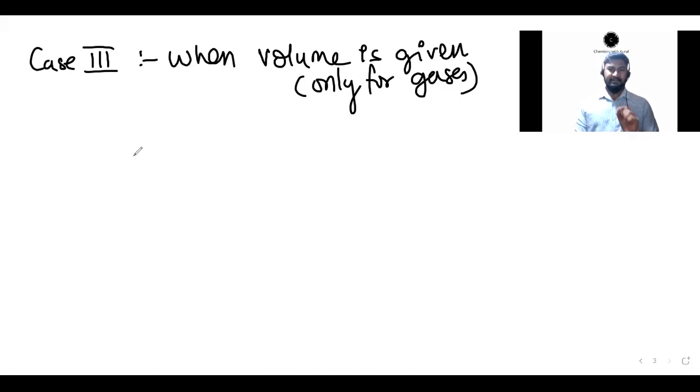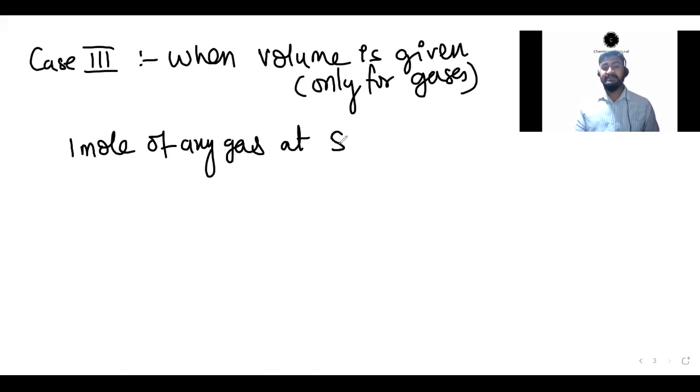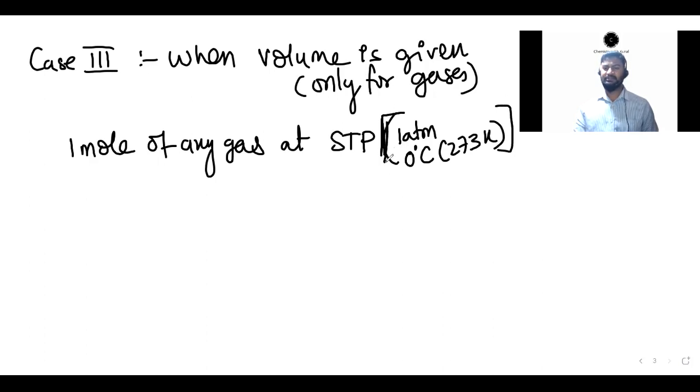Now, let me tell you one very important thing. 1 mole of any gas at STP. What is STP? Suppose the question has pressure given as 1 atm, temperature given as 0 degrees Celsius, or 273 K. Then the condition is said to be STP. That's what STP means. So 1 mole of any gas at STP